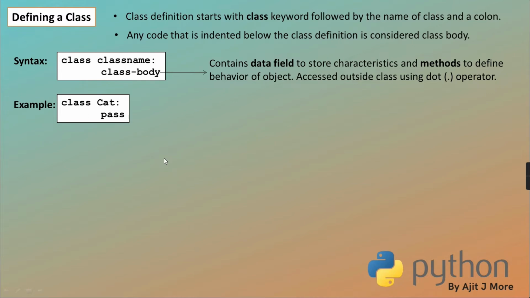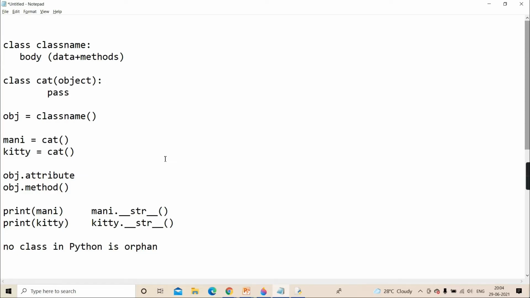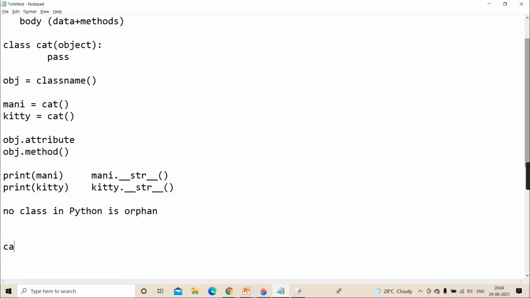Now from this you can observe that Python allows you to create an empty class. Same way in Java and in C++, can we create an empty class? Yes, but we cannot add to it later. Empty class creation is allowed in those languages, right? I can create class ABC, open brace, close brace, that's all.